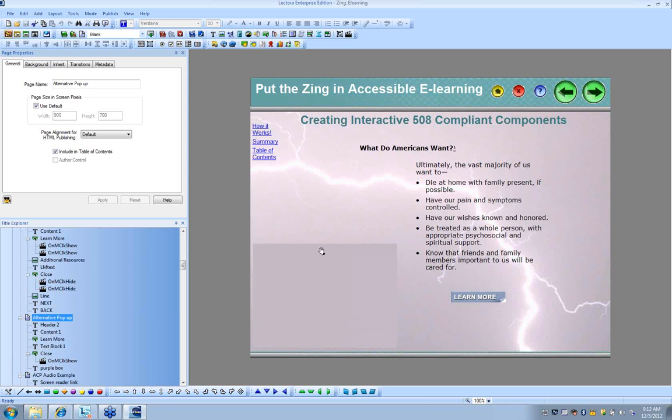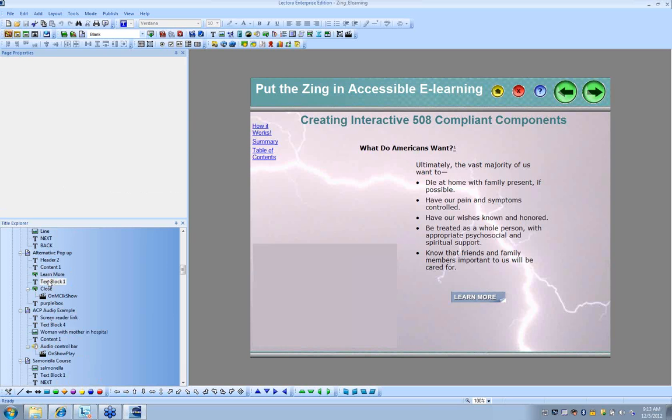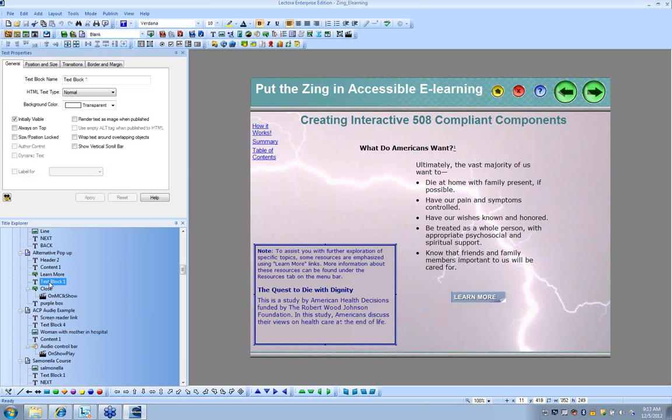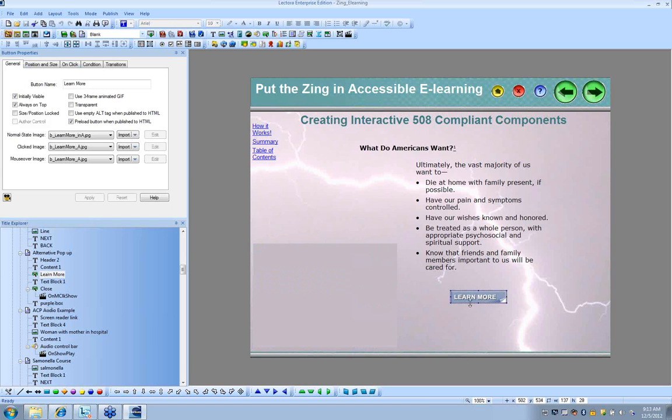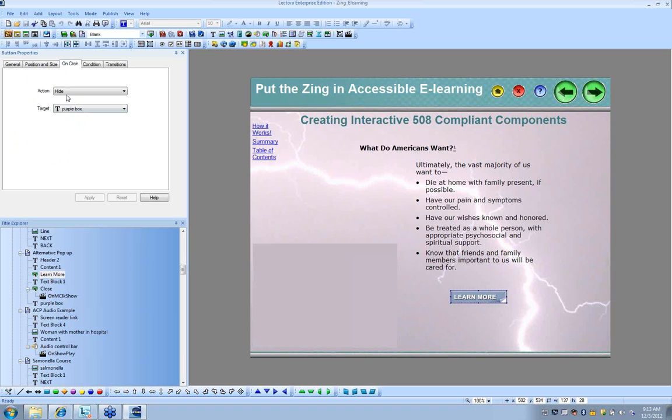If you have a solid color background that you're using in your course, you can create a box to hide your elements that's the same color as your background. And then your elements, you'll notice right here, I'm going to click on them. Right here they are. They're actually behind that box, and you can keep them initially visible and then hide them behind their box. And then your Learn More button, all it does when the learner clicks on it is hide